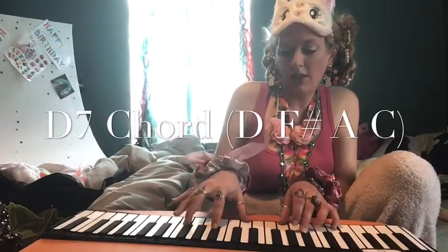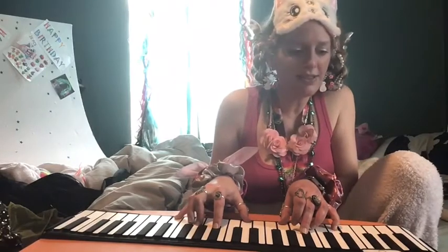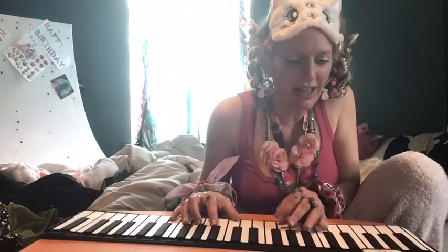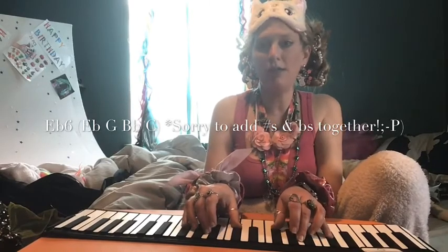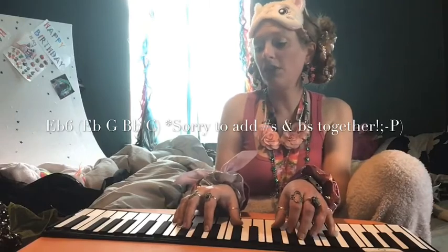Home of D major. It does tell you to do a 7th. And then this is a really cool ending that I don't usually do, but I really love it. E flat 6. So when it tells you a 6, if there's a number just like the 7, you're going to add the 6th of that chord. So E flat major would be E flat, G, B flat, plus the 6th. So then you'd just be adding that C,